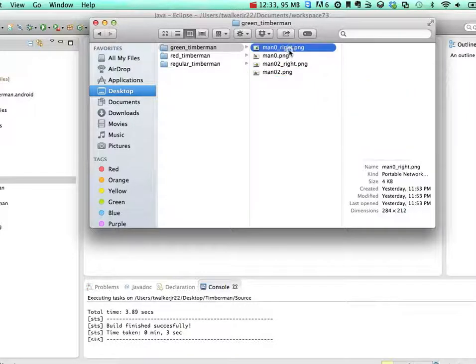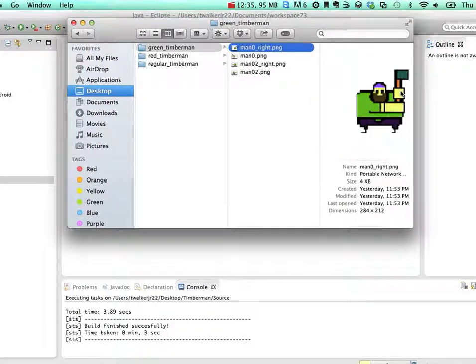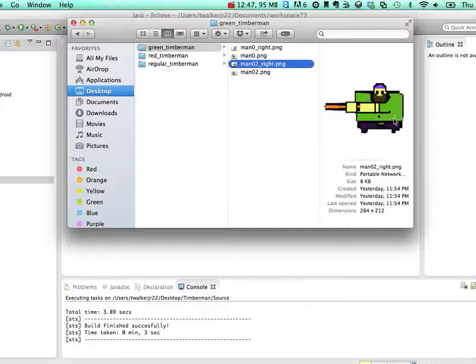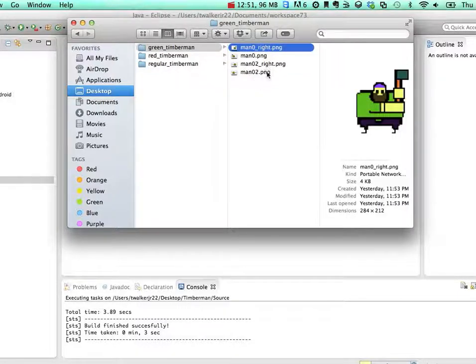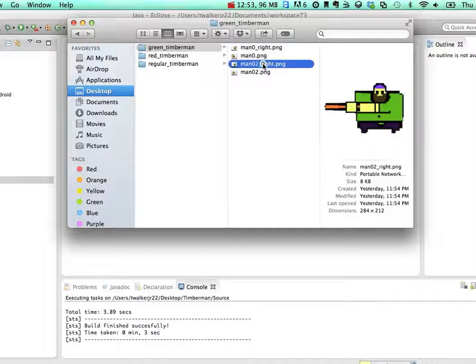Right, this should be the one with him holding the axe in his left hand, and he's swinging to the right. If you look from his perspective, he's on the right, so he's swinging to the right. And then the next one is the frame of him swinging to the right. So just make sure all these correspond in exactly the same way they're made here, and make sure they're all